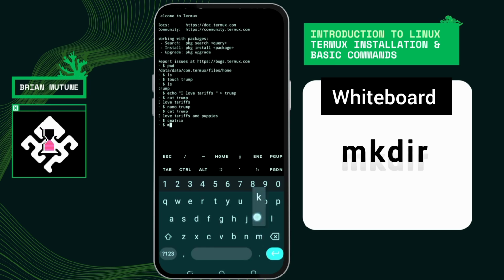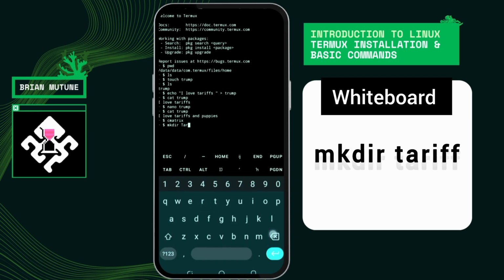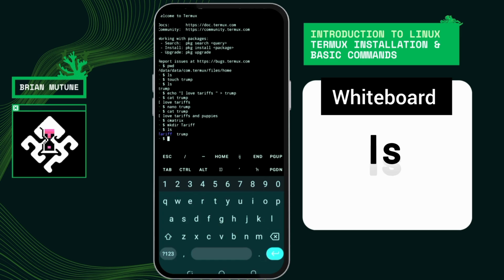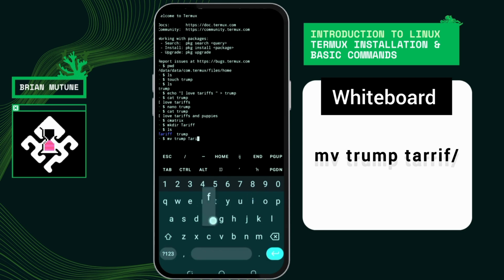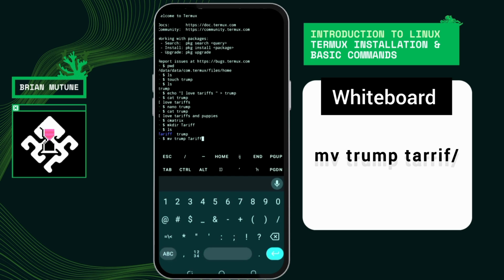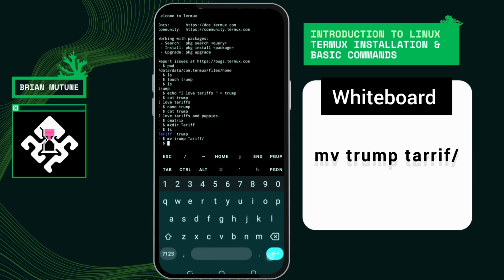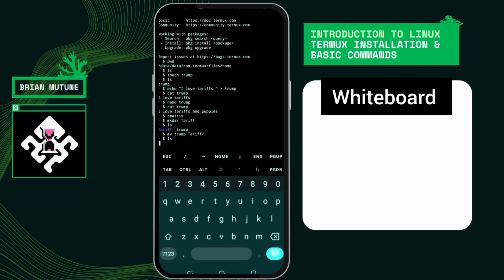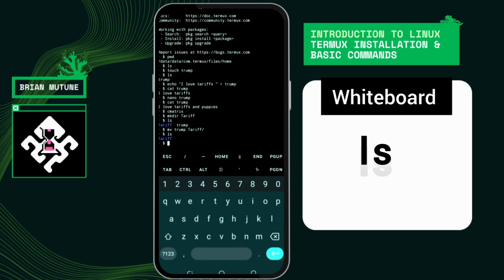There are commands to create folders. The command to do so is mkdir, and we can make a folder called tariff. And when we list, we can see that that folder has indeed been created. We can move that trump file using the move command inside the tariff folder. And to move a file into a folder, after the folder name, you must put a forward slash. Press enter, and when we list, we can see that indeed the trump file is no longer in the home directory and it has been moved inside the tariff